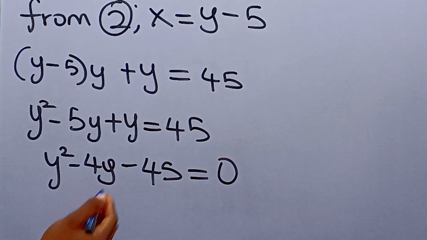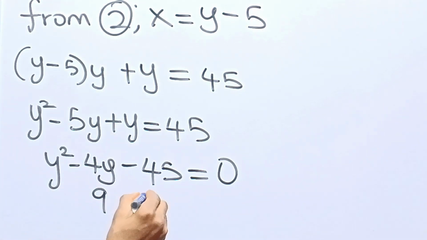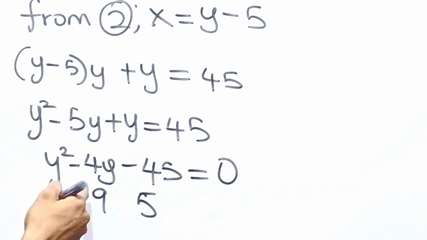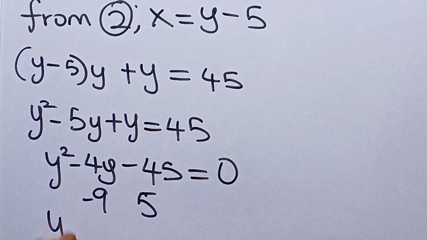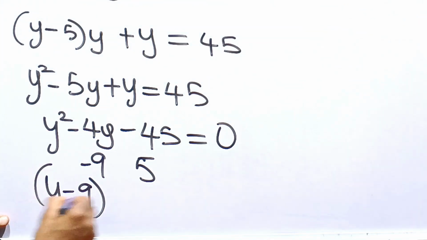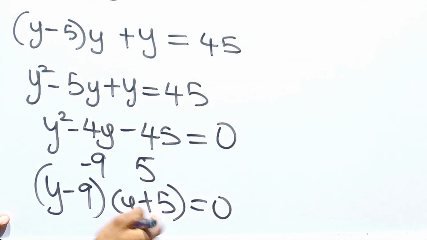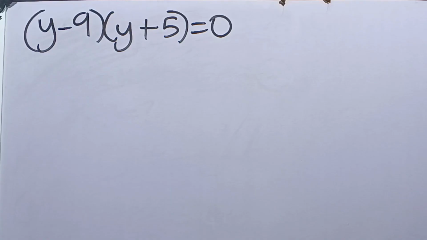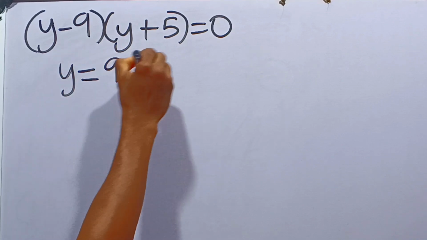If you look at this closely, you see that the multiples of 45 or minus 45 are 9 and 5. Now for it to be minus, we check which arrangement we are going to add to give us negative 4. So that is minus 9 plus 5, which is negative 4. So we can say that (y minus 9) will multiply (y plus 5) to give us this equation that we had initially. Moving on from here, we can now conclude that y is equal to 9 or negative